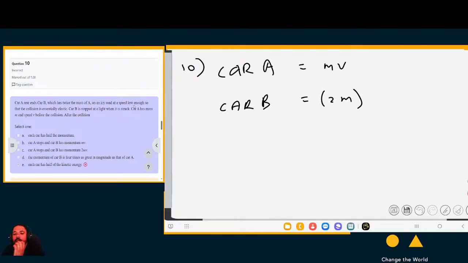And since car A rear ends car B, and car B is actually starting from 0, and the collision is essentially elastic. Car B starts from 0,